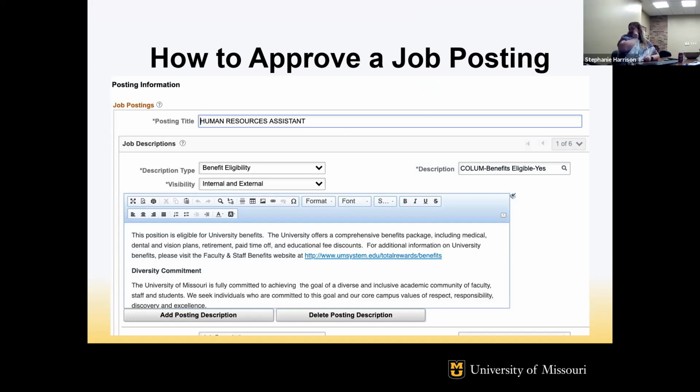And then it's always a good idea for them as well to read through the job description, just make sure nothing needed to be updated. We've had a lot of people recently, they'll submit something and then they'll email me a few hours later, and they'll say, oh, wait, we needed to change this and this in the job description. We forgot we made these changes before we sent it over to you. So it's always good just to read through everything just to be sure that everything's correct before it goes on the website.